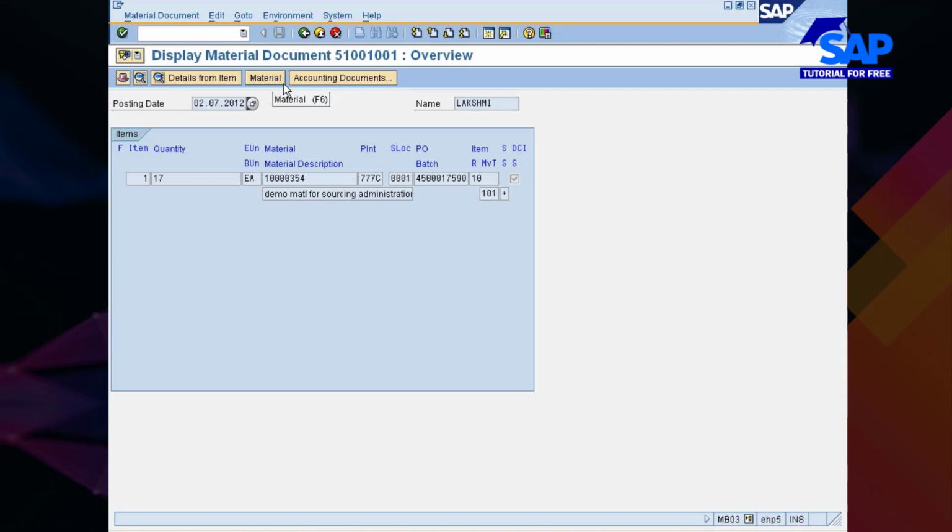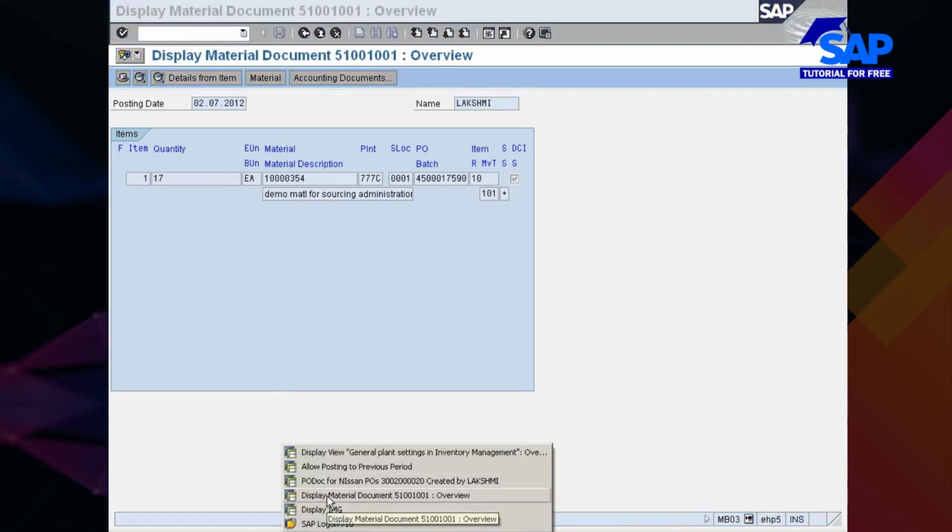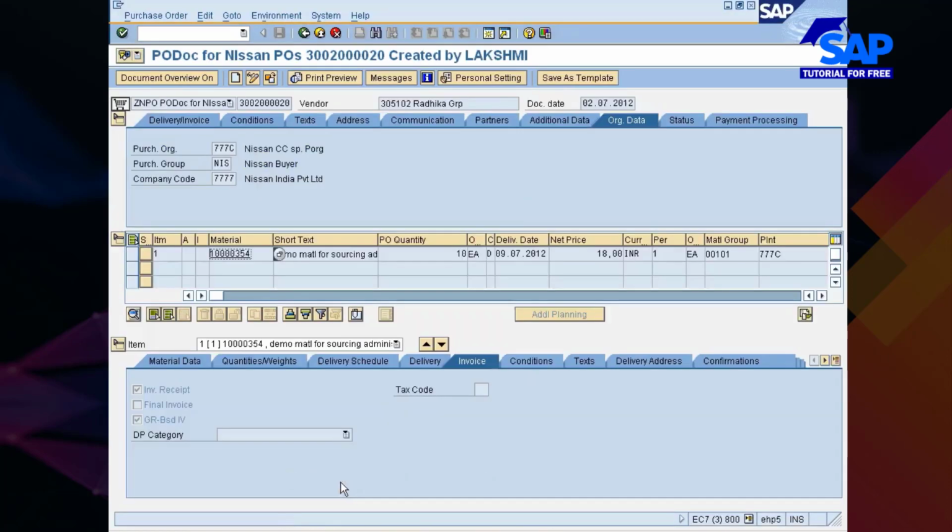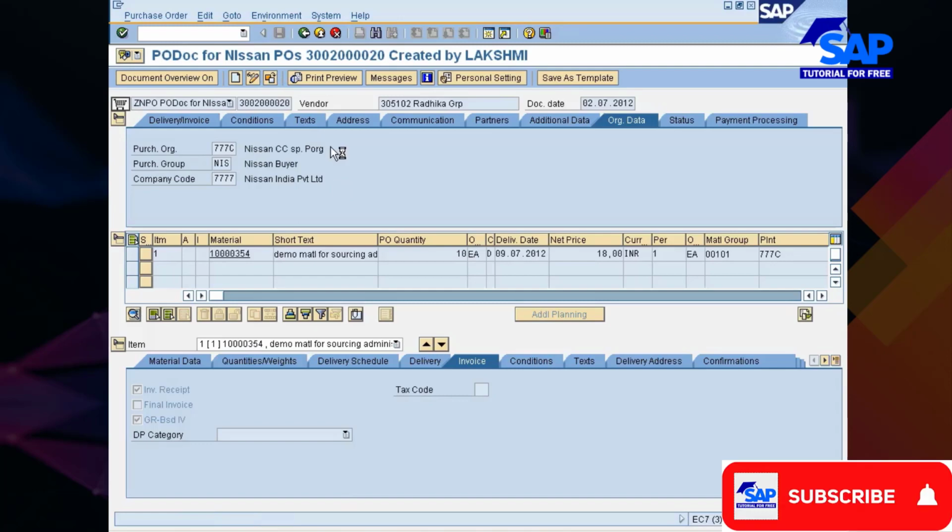Now you see here, this is the PO which is created as a result of goods receipt. So if you just go into this PO, where was that? Okay, so if you just go into this PO, let me just go, and now you see, I clicked and it has not opened yet. So my system's response time is very, very slow.